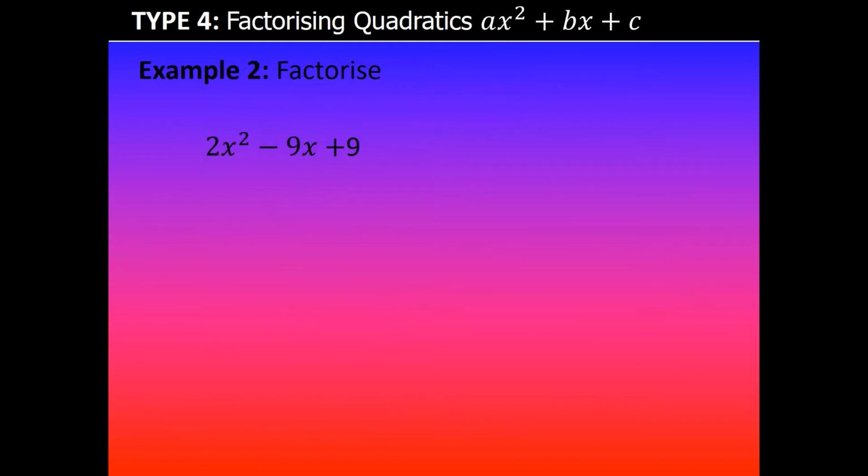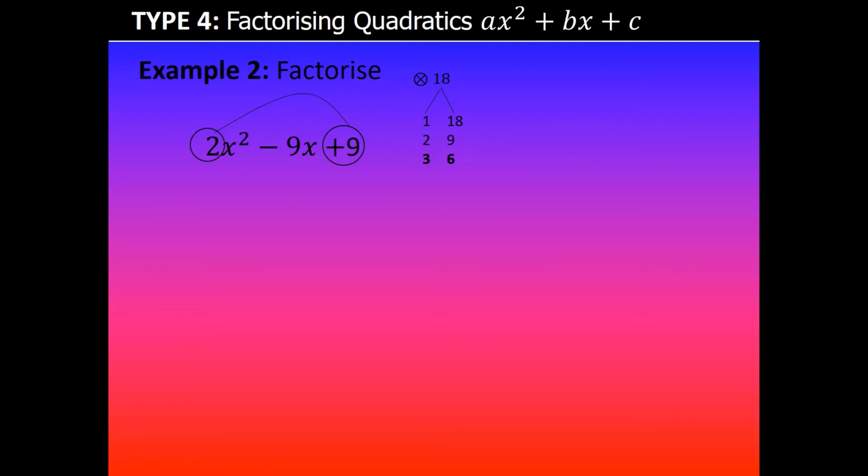Example 2, factorize 2x squared minus 9x plus 9. So we'll multiply the coefficient of x squared with the constant. If we multiply that, the product is equal to 18. 9 times 2 is 18. Then we find the factors of 18. So 1 and 18, 2 and 9,